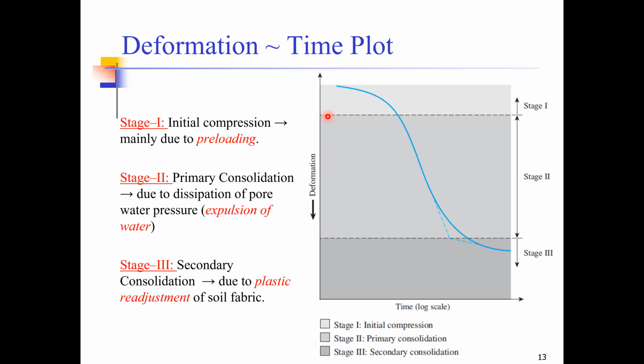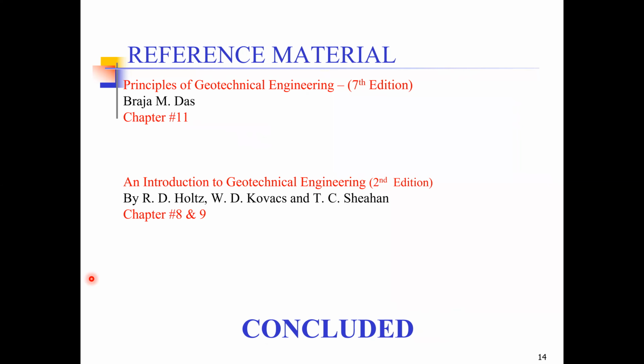And finally, stage three is what we call secondary consolidation. Now, secondary consolidation is something like creep loading. Because of the sustained loading, some plastic readjustment in the particles takes place, and that is what we call secondary consolidation. So this has been the brief overview of the laboratory consolidation test. Next time, in our online discussion session, we'll discuss more about it. And in the next class, we'll see what more graphs can be made and how this